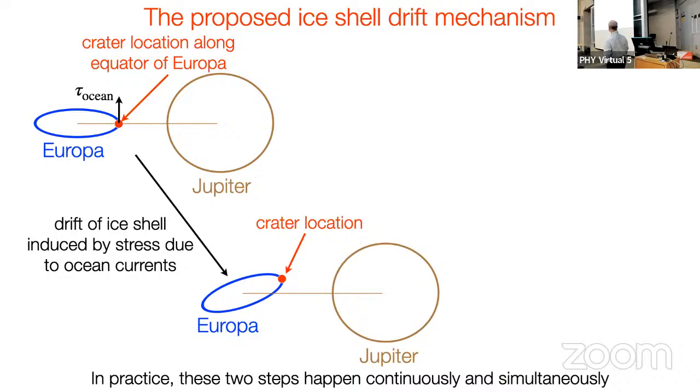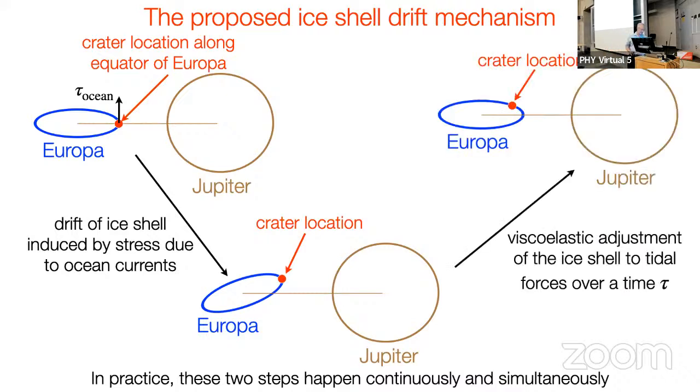Now that the ellipse is shaped in this direction, the Jupiter tidal forces want the ellipse to look like that. So the crater is here, but now the ice is slowly distorting to conform with the direction of the Jupiter tidal forces. And as it's distorting to go back to this shape, the crater location remains off this line between Jupiter and Europa. Then this repeats again and again, and the crater will be moving around, and therefore the meteorites that hit it would cover the entire thing. That's the story.